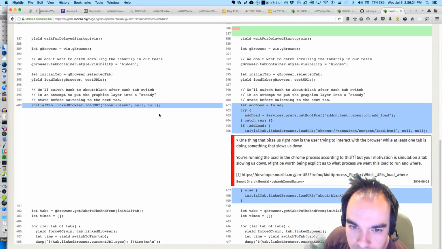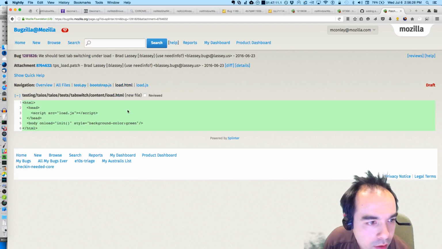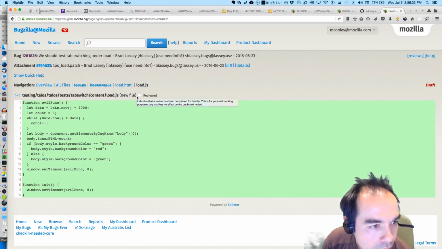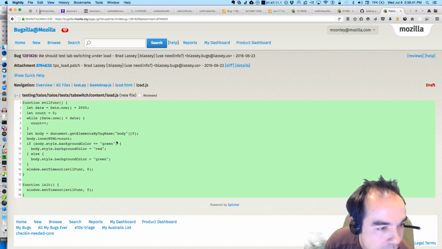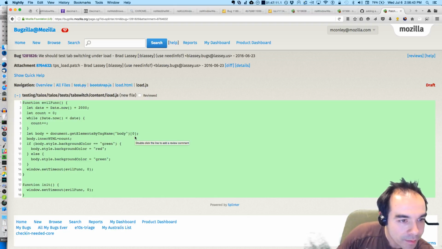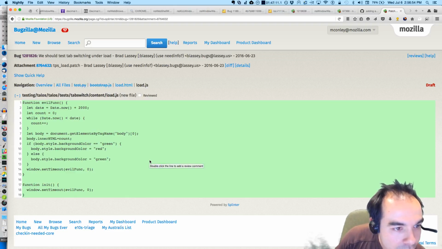Let's see. Load.html. Evil function. It'll do a busy while loop. And then it's going to flip back, and it's going to flip-flop the colors of the page after the wait count.